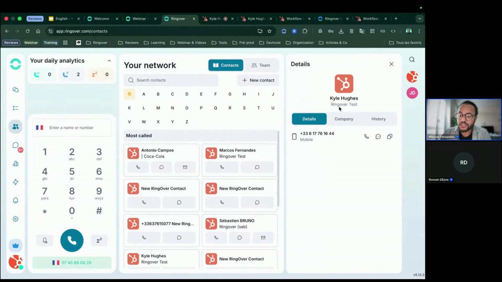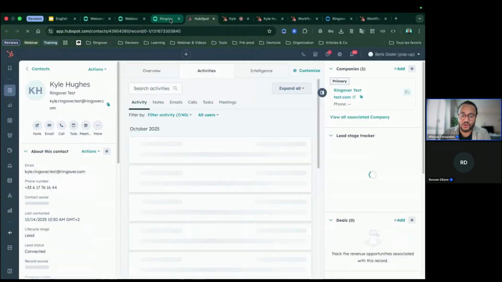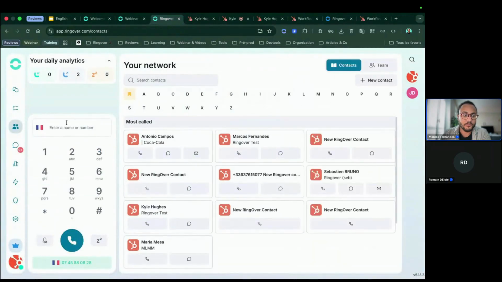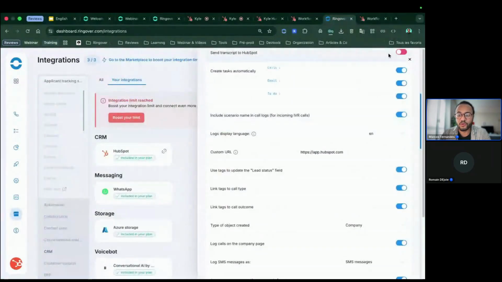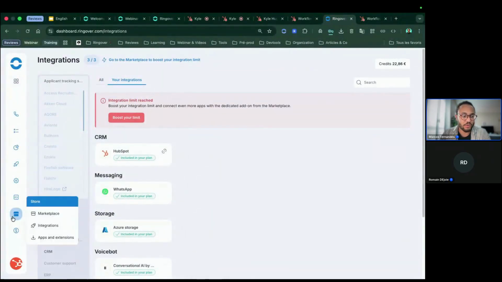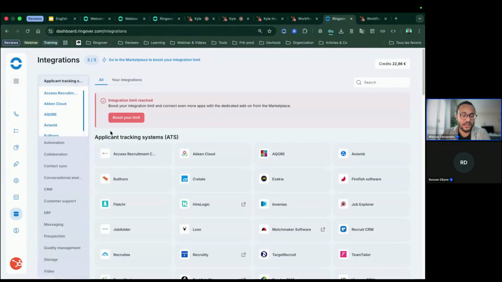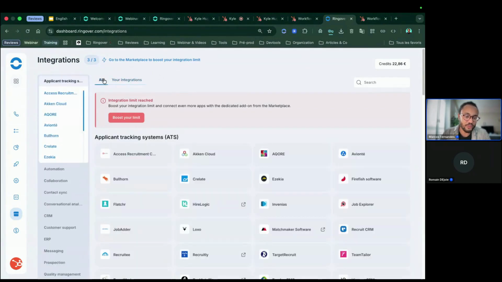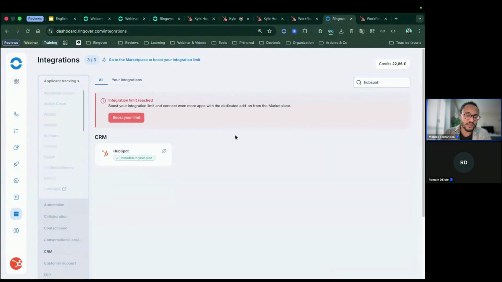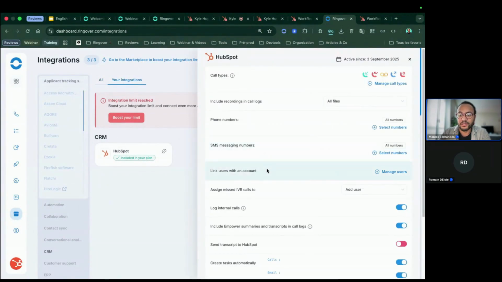So from here, you can also have access to the contact by clicking here. And I'm going to show you how to do this contact synchronization. So if you go into your dashboard, you go to integrations, and if you don't have the integration yet, you need to look for it. You can just type in HubSpot and you're going to find it. If you already have it, it's going to be here in your integrations. So by clicking here,